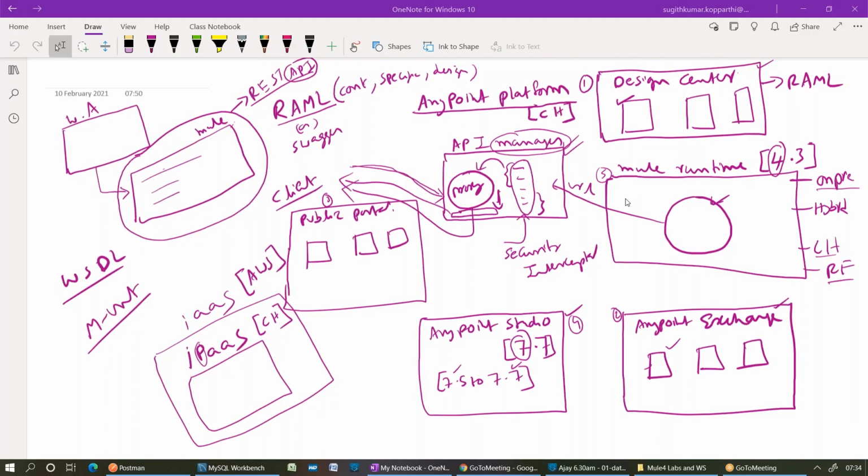Every day there will be a 2 to 3 minute recap of yesterday's session. So what did we discuss in the last session? Orchestration. You told about orchestration, and next you told about what features are available in Mule.